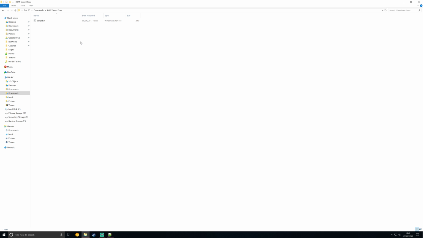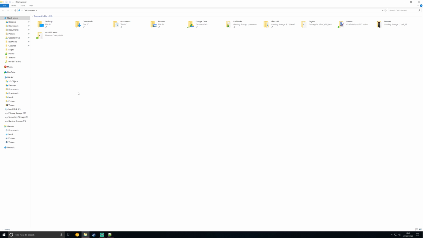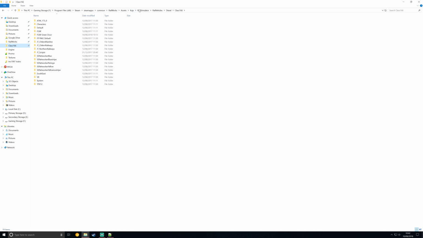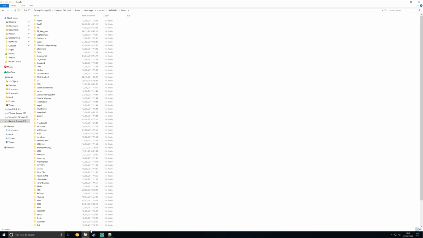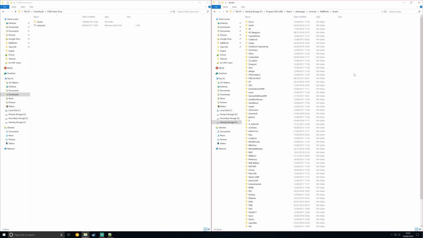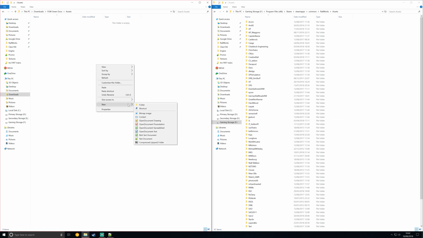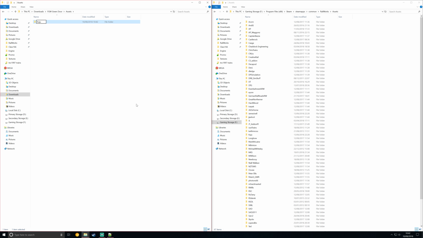So the first thing that you're going to want to do is mirror the directory structure of the Railworks assets folder. So you're going to want to create a new folder called assets, and then I'm going to open up the class 166 here in split screen. I'm going to drag these each to one side, and then inside the assets I'm going to create a new folder which will be called Kuju,